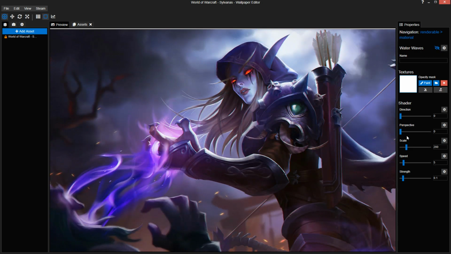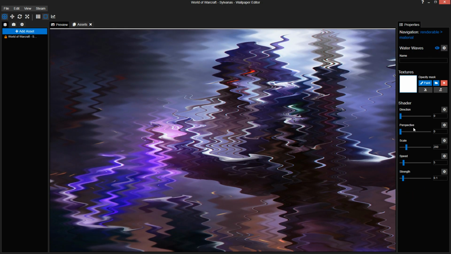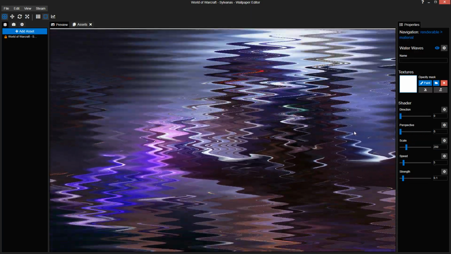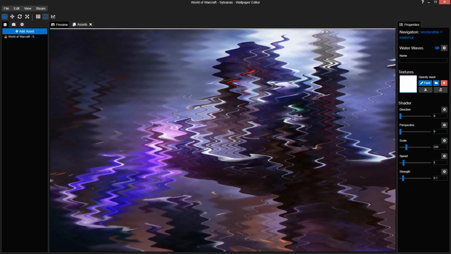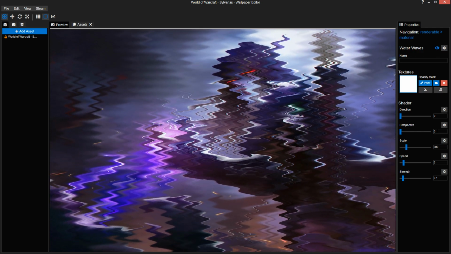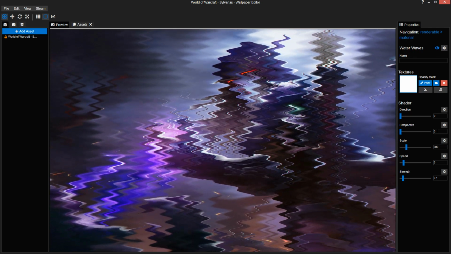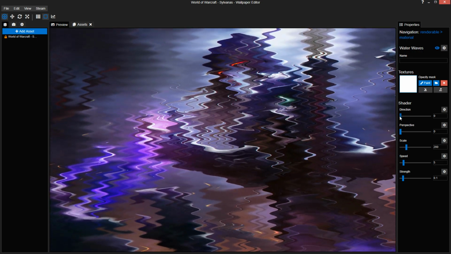So first things first is we're gonna use these things. The only thing you're not gonna use is perspective. You don't really want to use this, so keep this at 0. You can always tweak and toy with these settings. I highly suggest you do to get a better grasp of what these things actually do, and I highly suggest practicing it yourself. This is more or less to show you my process of making a wallpaper.